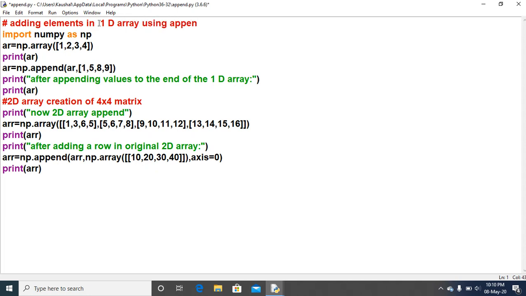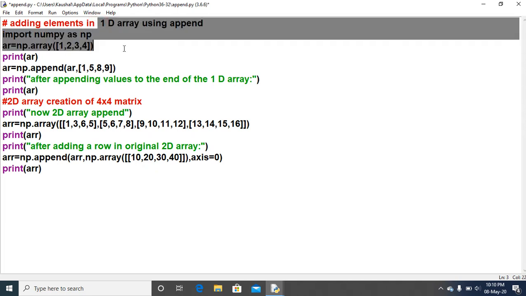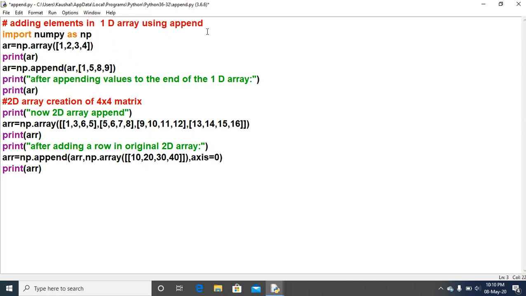So whenever you open the file, or if somebody sees your file, he or she can easily recognize after seeing the program what the meaning of your program is, for what purpose you have created it. That is why the comment line is added. It is a non-executable line. When you execute the program, this line will simply be ignored by the compiler or the interpreter. That is why it is coming in red.